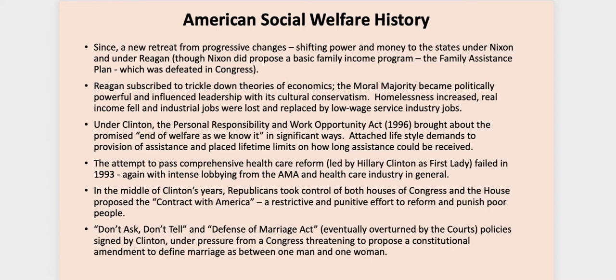The Defense of Marriage Act was also signed during the Clinton administration. Eventually, as you know, it was overturned. I think the case is Obergefell, in 2012 or 13, overturned by the Supreme Court, which allows same-sex marriage across the nation. Now, DOMA was signed by Clinton. Once again, he says